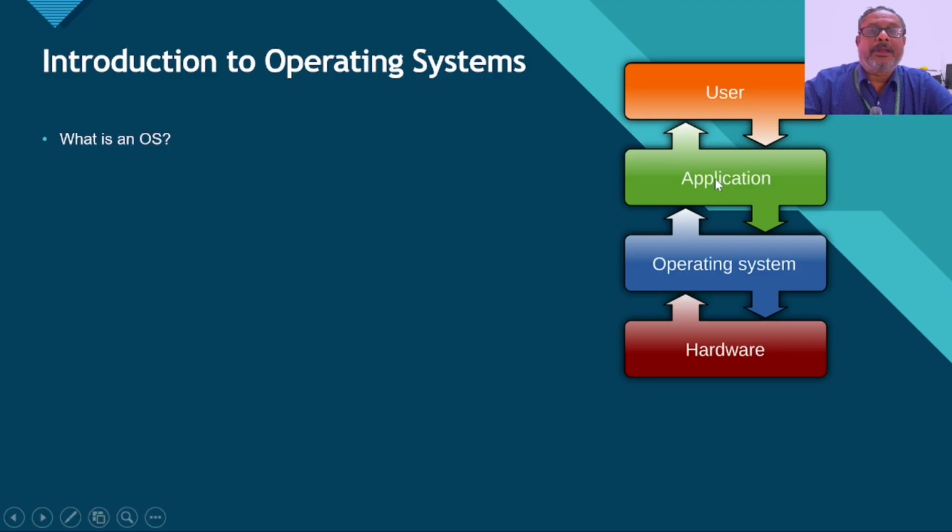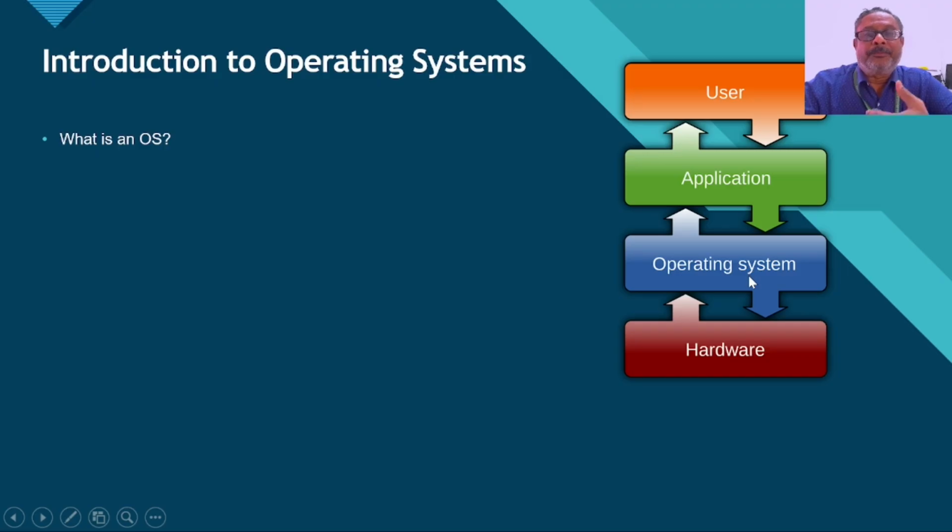The user can interact with the application programs, like a user can open a Word file or open a Word document or any such thing. So that's an application. And when the user tries to open a Word document or the Word program, then the Word